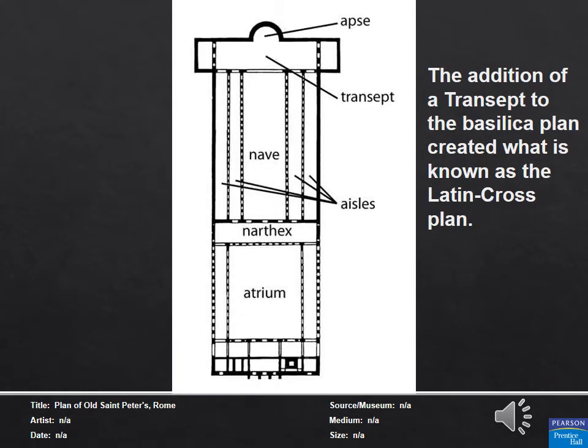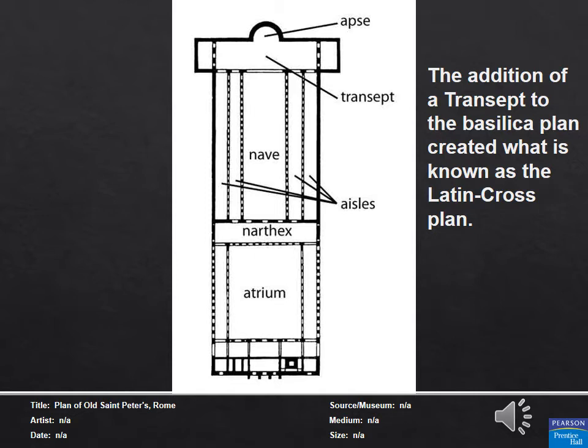To modify the Basilican plan, many early Christian churches will add a transept to the plan to create what we call the Latin cross plan. So as you look at this floor plan here, you notice an atrium, which would be a large sort of outdoor courtyard. You would enter into the building proper through the narthex, that sort of entrance area. That will lead you into the nave. The nave leads us up towards the apse, but then intercepting the nave at a 90-degree angle will be that transept. So early Christian churches will have a short transept, and you can see where this is beginning to look a little bit like a cross.